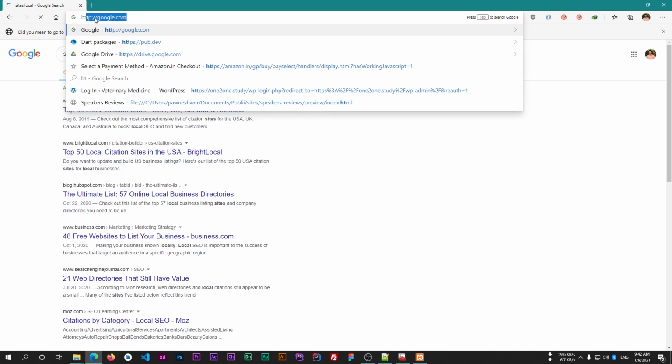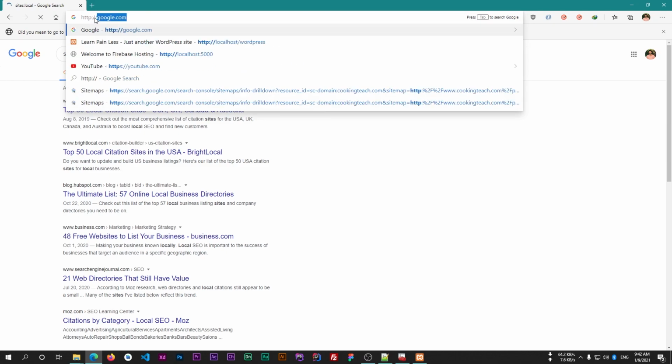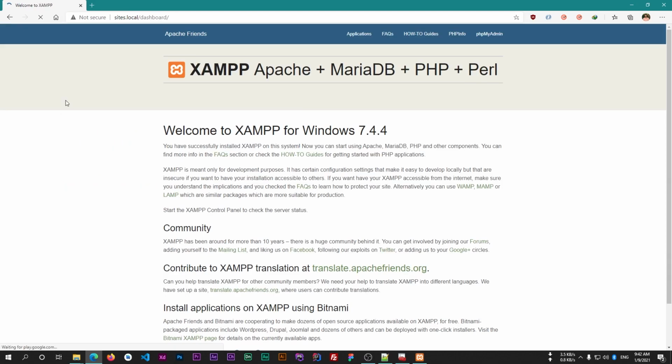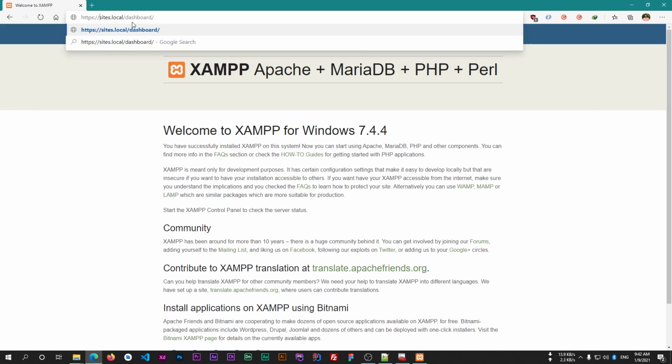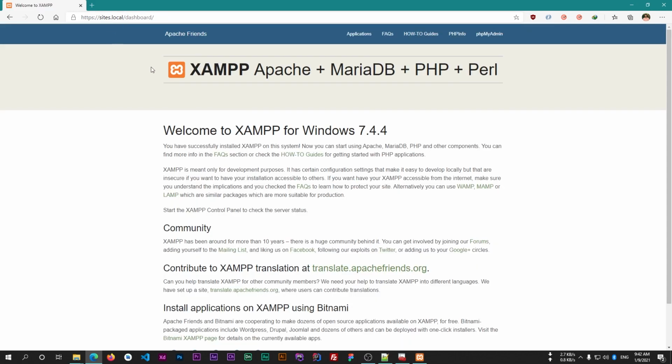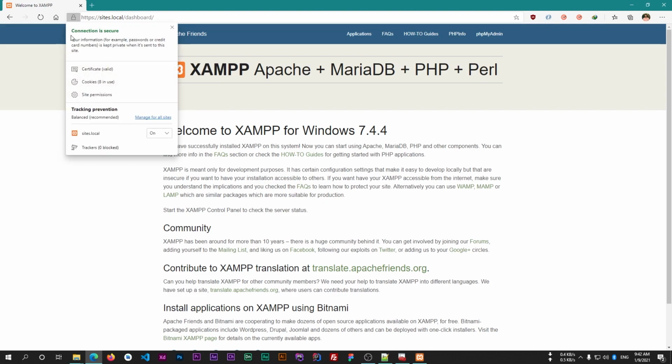First we will check the HTTP website, sites.local. Okay, so this is working. So let's try to open it with SSL. It's also working and the certificate is also valid, and it's showing that the connection is secure.